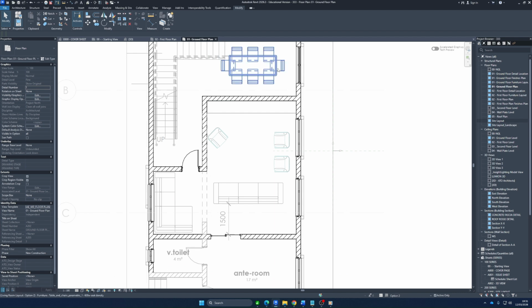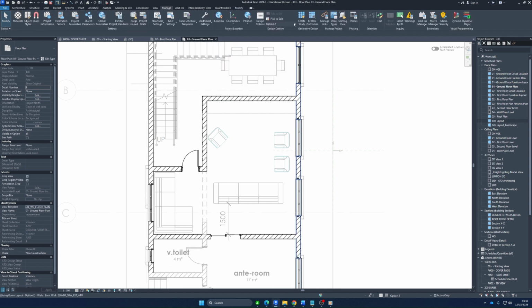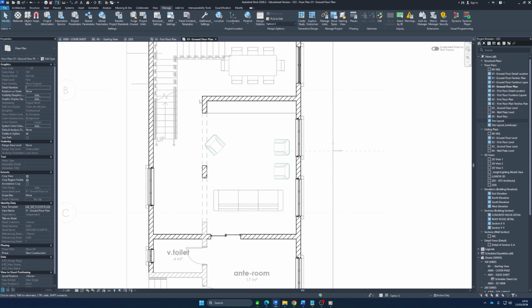Now if we go to option 3, go back to manage, we see that we still retain the original layout we had. The original layout we brought in to this option. Meanwhile, we've made changes to option 2. So let's do something different with option 3. Let's say in option 3 we